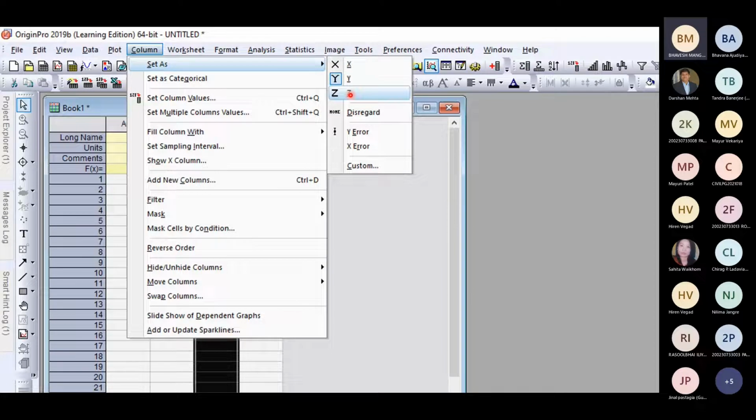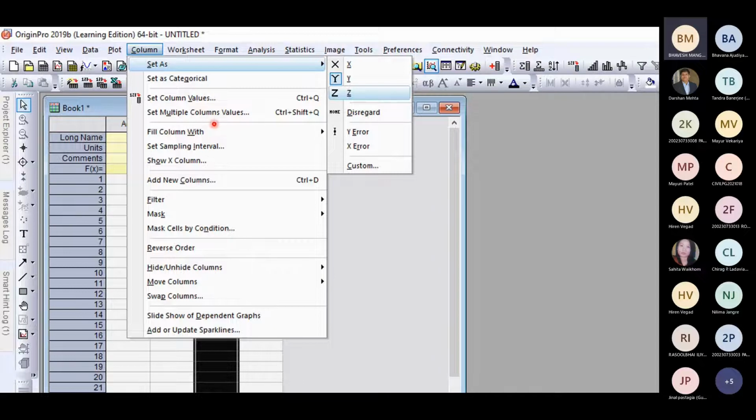In addition to that, you can also make it disregard, Y error, X error and many other options are there. Suppose in that column, instead of numerical data, categorical data are there, right? So you can change the data type to categorical because the analysis of numerical data and categorical data will be different.